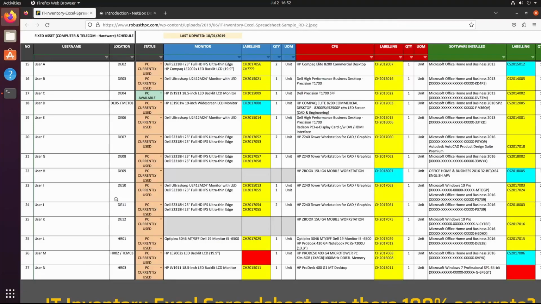Let me ask you a question. Do you track your inventory? Do you use a database, or do you rely on an Excel sheet? Or even worse, do you use a piece of paper where you keep track of the devices you have in your infrastructure? Now, I've been in this situation before, where I used to rely on an Excel sheet to track the inventory